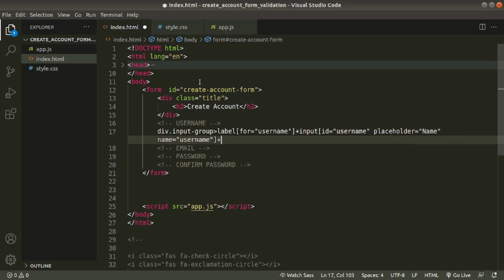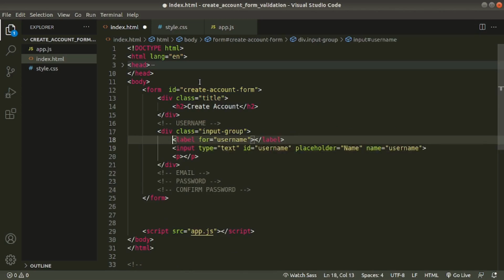Later a paragraph, and hit enter. Now we'll give the name as text, label text name, and here you see we gave the ID value to label for, so these two are bound now. When we click on the label, this input field will get enabled. For that we use labels. Now write an error message here. This is just placeholder text.